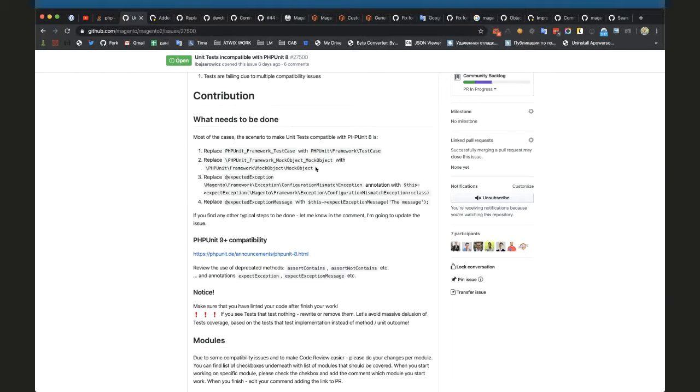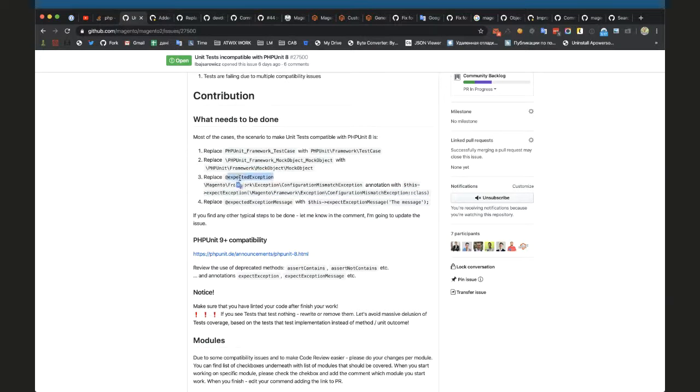The same for MockObject. Also exception. Also, we need to replace expected exception with this construction, and